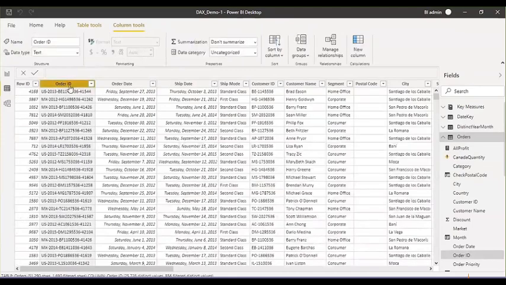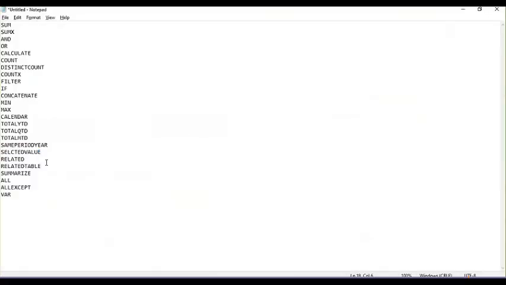Here also you see the Caribbean filter is already applied and the total distinct order IDs are 856 filtered distinct values here. Got it? So these are the related and related table functions, which are the most commonly used. And these work only when you have a relationship between your tables. If you don't have a relationship, then you won't get the data. So these were the related and related table functions.